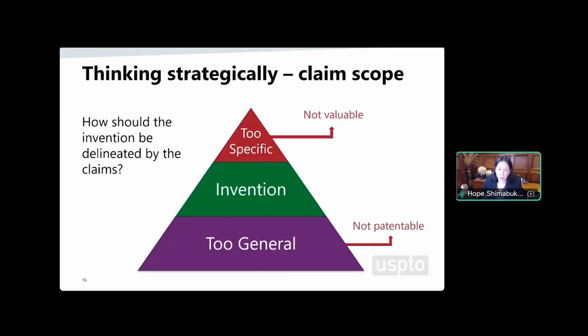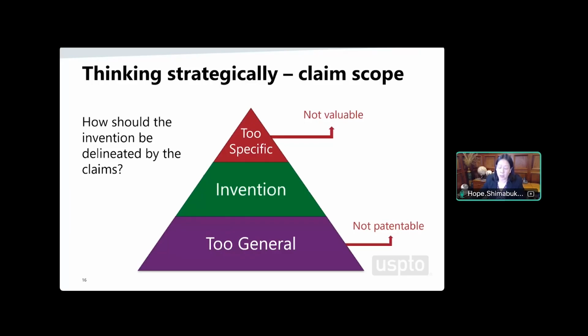So when you're looking at the claims, there are a couple of things that you really want to think about. As you plan to write your claim, what best reflects your invention? Drafting a claim is what we call an art. You don't want to be too specific because it may not provide you enough value at the end of the day to get the protection that you really want, and it's really easy for others to get around that claim. But on the other hand, you don't want to be too general, because if it's too general, not only is it